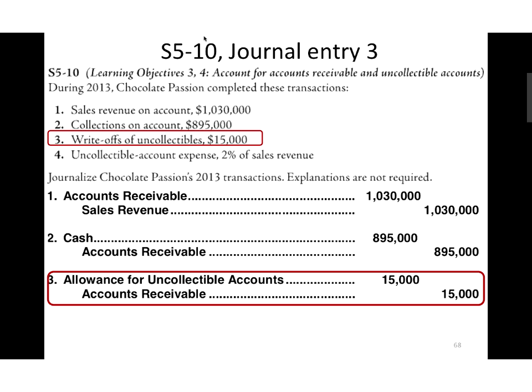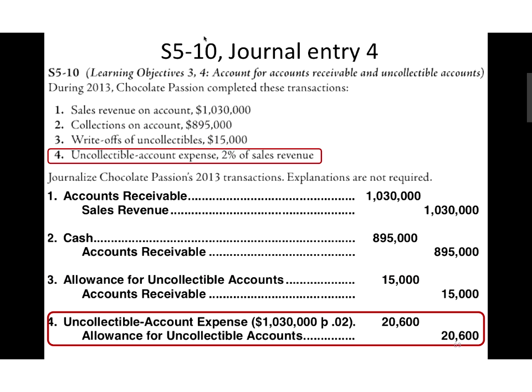And we'll talk more about this concept on Wednesday, but this is the weird one. It's a very specific terminology. It's called write-off of uncollectibles. So that word write-off is very specific. That's not estimating our uncollectibles. That's writing off a specific account or accounts that we know have gone bad. And I always keep pointing to bankruptcy, but that's one indication. There are other indications that someone won't be able to pay you. Okay, so that is entry 3.